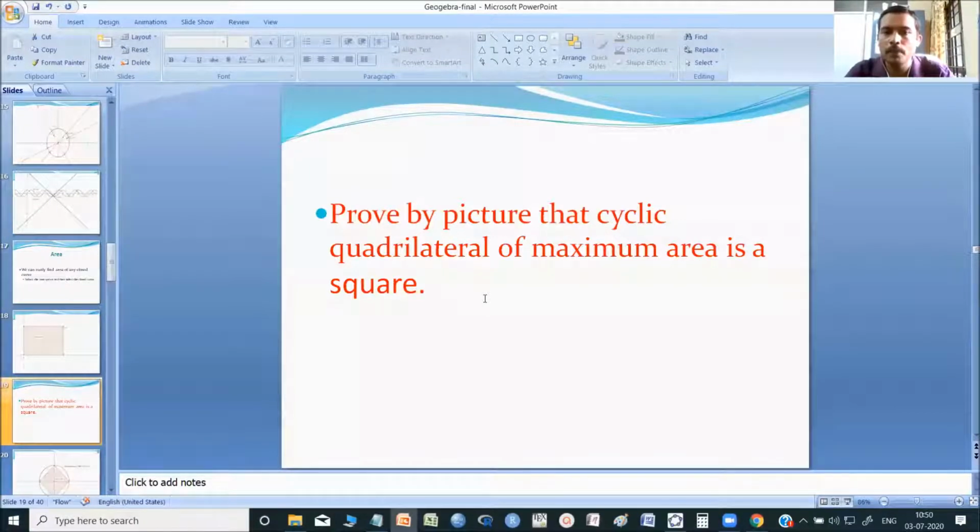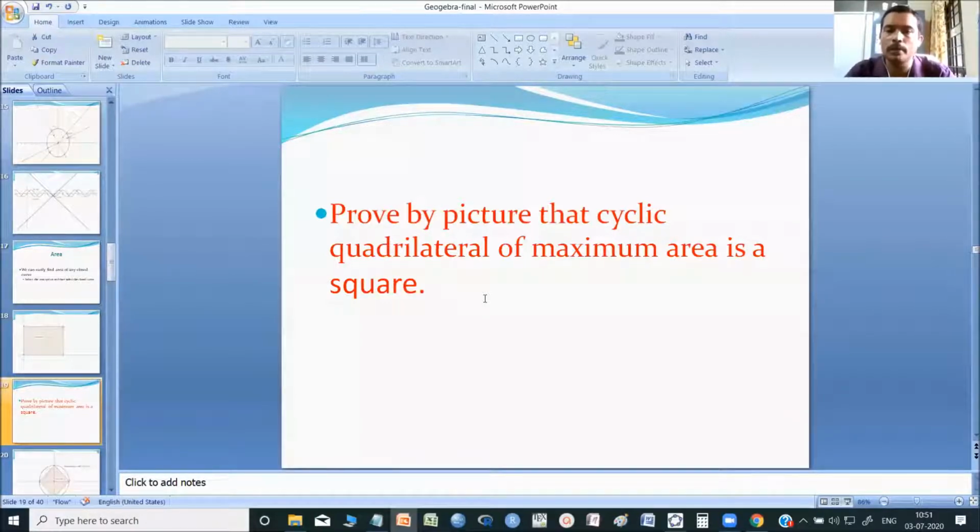I'll repeat, a four-sided polygon, that is quadrilateral of maximum size, which can be inscribed in a circle, becomes a square. We proved using the x, y coordinates and all those things, but we could not make the students visualize this.